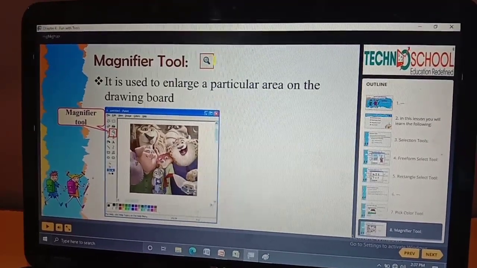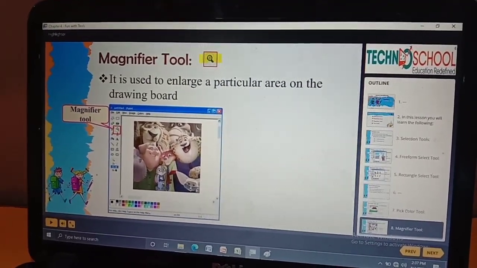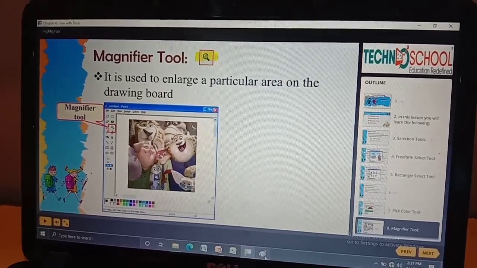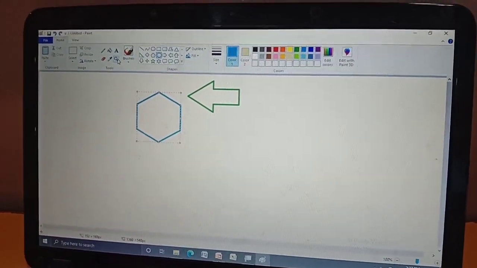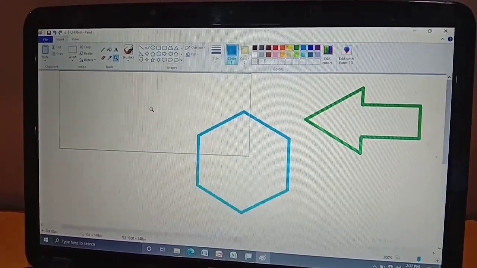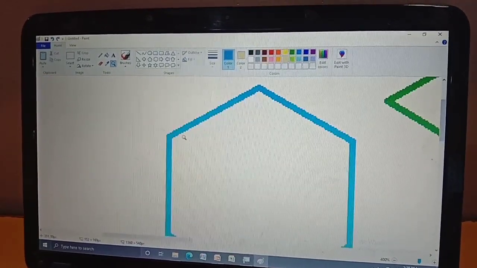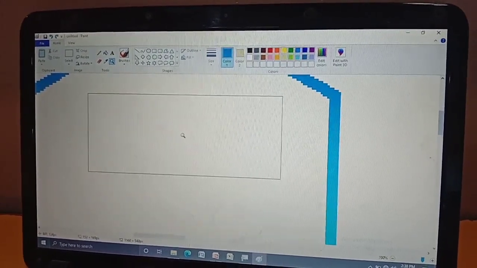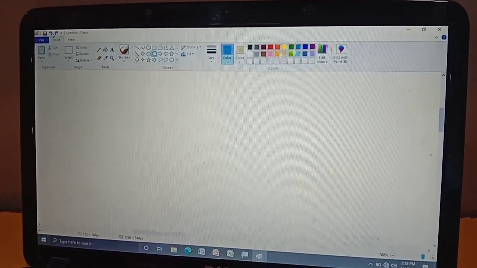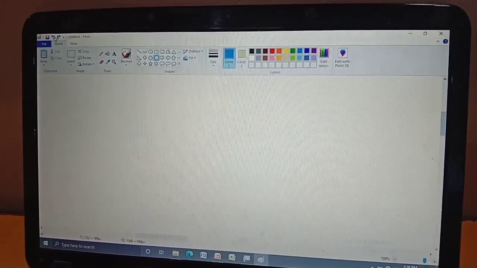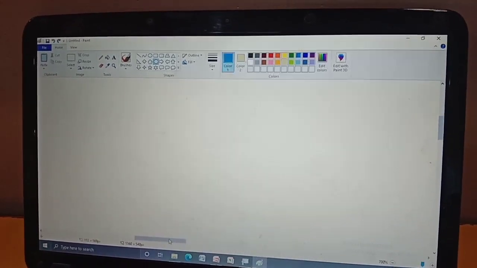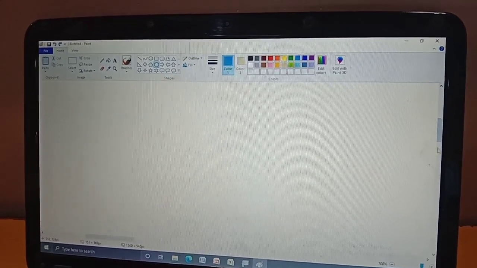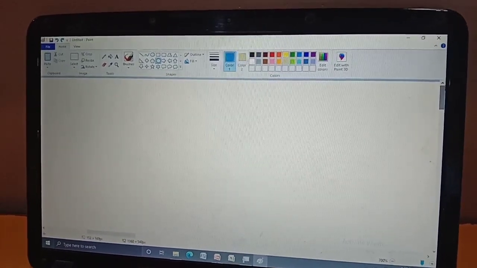See children, this is our magnifier tool icon. See here, this is our magnifier tool icon. See, it keeps on enlarging, right? See, it keeps on enlarging.